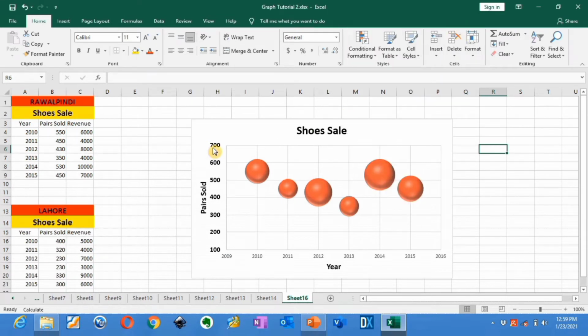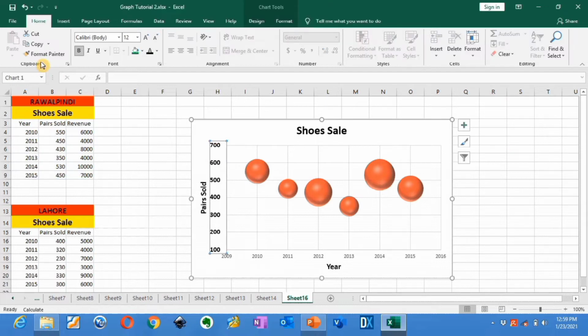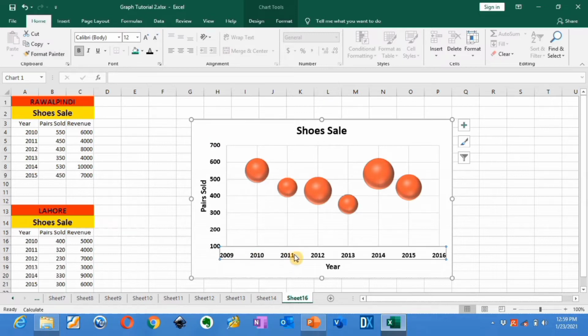Similarly, select this axis, select format painter, and click on here. It will automatically format this axis like this one.